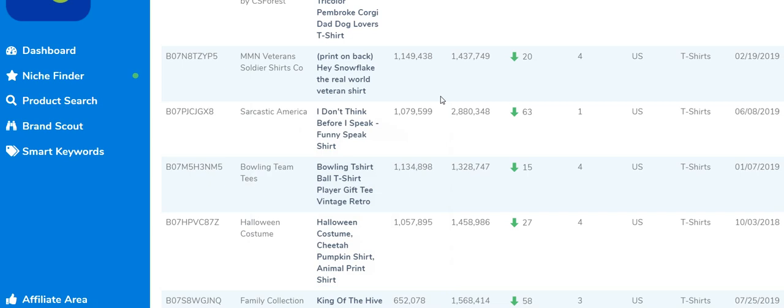But before I click on that, let's look at some of these other things. It will show you the region, it will show you the product type, and then the estimated first sale, which is actually, in my opinion, very important, because you want to see if this item, this T-shirt, has been up for sale for a year or two, or if it's a very new design, a very new product, that's been up for, as you can see here, a couple of months, and because that goes into play when you're doing